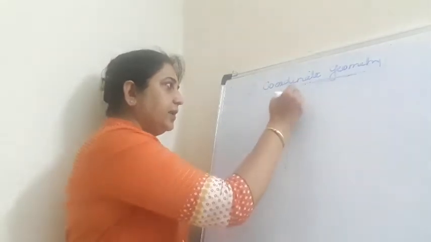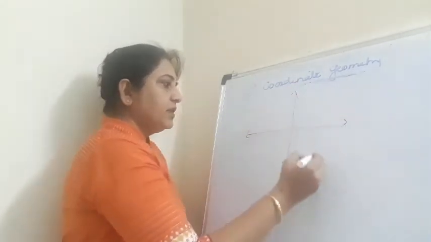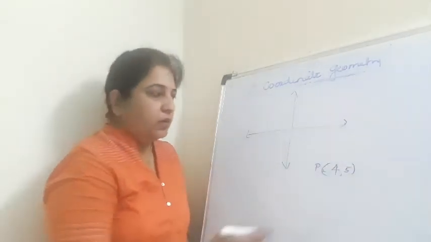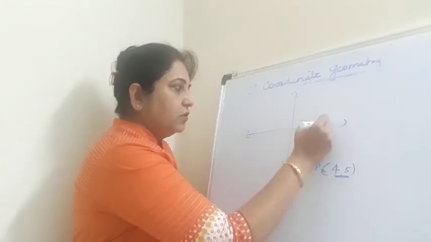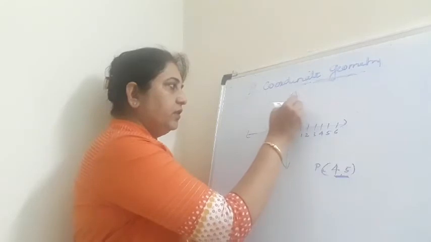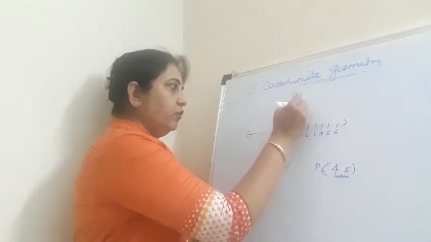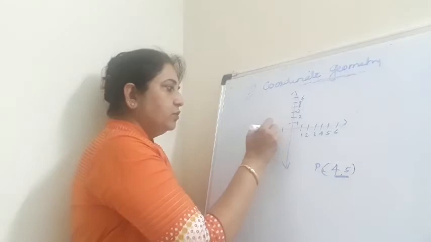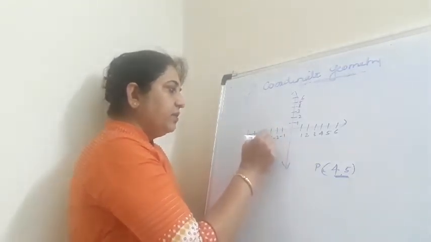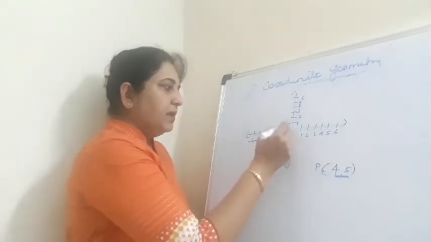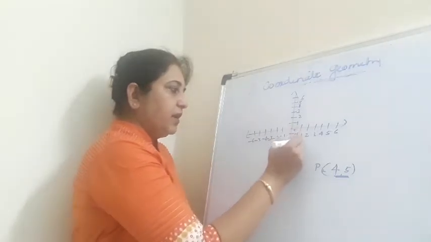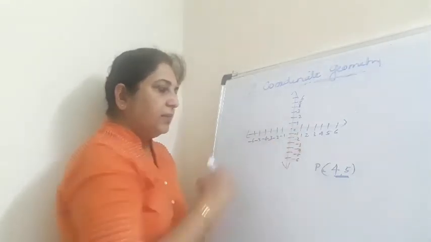So suppose I take up 2 points, 4 and 5. Now you know that 4 and 5 both are positive. So 1, 2, 3, 4, 5, 6. This is also 1, 2, 3, 4, 5, 6. Here I will take 1, 2, 3, 4, 5, 6, but I will take minus, -1, -2, -3, -4, -5 and -6. Similarly down below 0, 1, 2, 3, 4, 5, 6, -1, -2, -3, -4, -5 and -6.